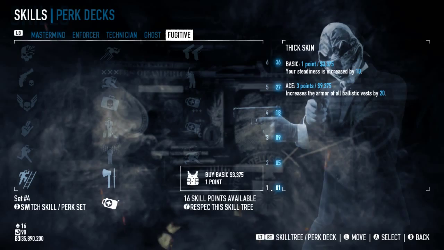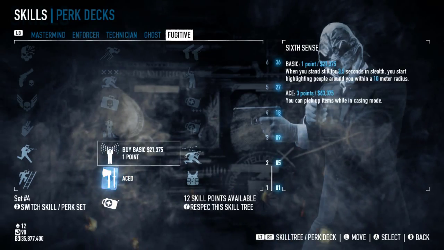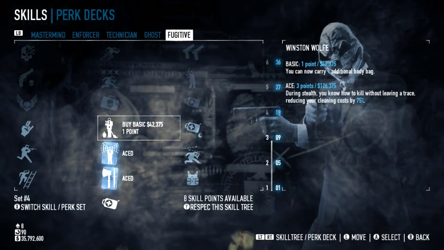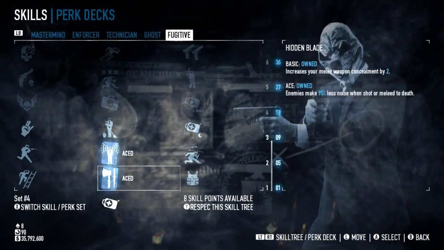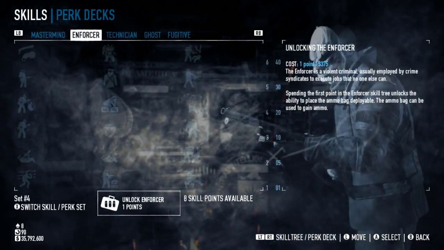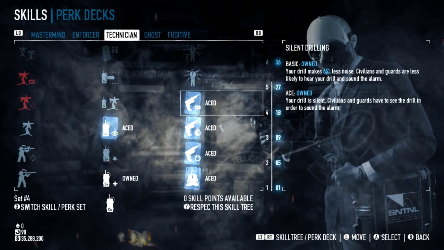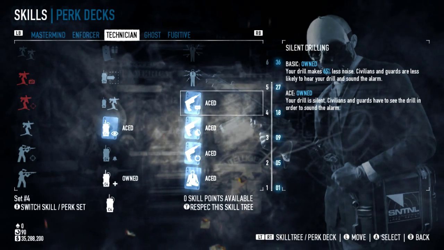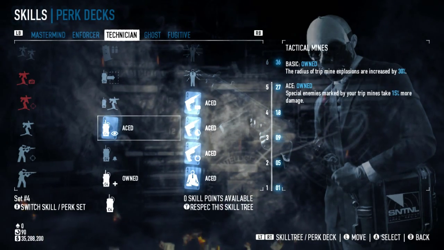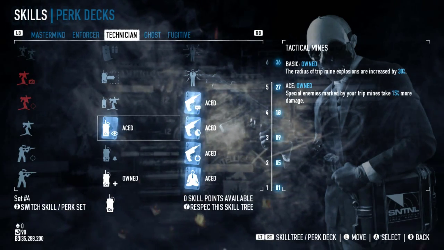You can always get this too, which is for ballistic vest. It's pretty nice, actually. But I'm going to just do that because it's cheaper. Now, technically speaking, if you want to save money, you can make it so that way you don't get the cleaner cost or the additional body bag from here, and you can do this on Technician, and it gives you full-on silent drilling, which is really nice in hindsight, so it just comes down to what you want to do here. This here that I aced out, though, this is actually important if you ever bring trip mines by accident. What this does is you can...